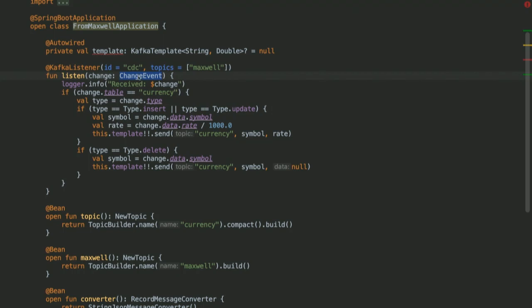This app has a domain object called ChangeEvent. Spring Kafka has a JSON message converter that will automatically wire it, because what we do in Spring Kafka is detect the type of the parameter on the method, and tell the converter, whatever JSON you get in, try and convert it to this object.